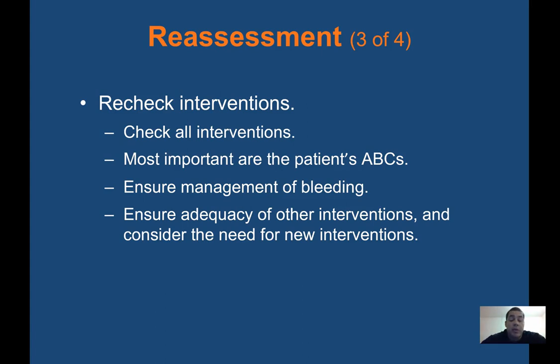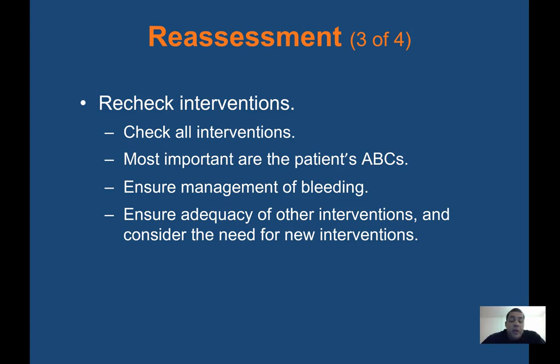Ensure management of bleeding. So if you have an arterial bleed and you put a tourniquet on, you have to make sure that the bleeding is still stopped, because sometimes patients still bleed. Maybe the tourniquet came loose while you're moving the patient to the gurney, and now the patient's bleeding again. So you want to make sure that everything you do is still helping out the patient. And then, do you see anything else? This is why we do